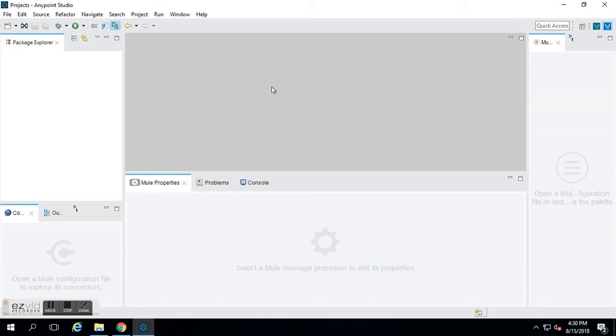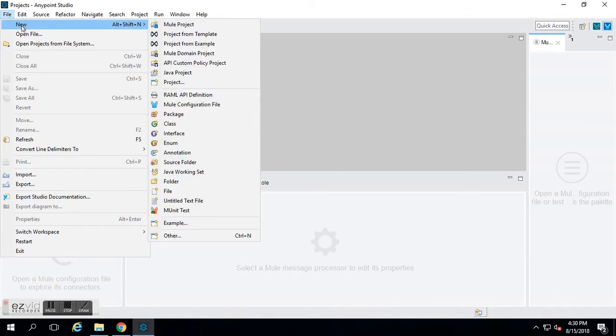Basically we're going to use the file connector of the MuleSoft. So we are going to use Anypoint Studio for this, and let's get started quickly. Let's create a new Mule project